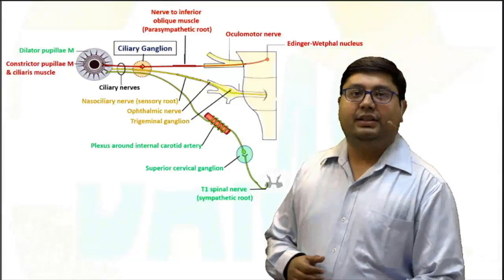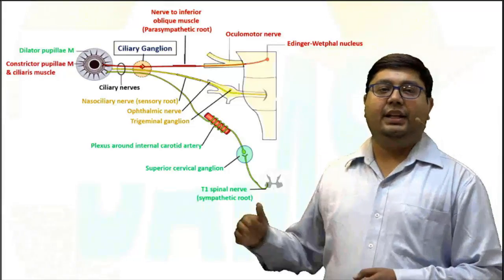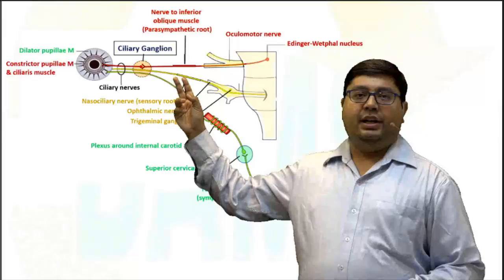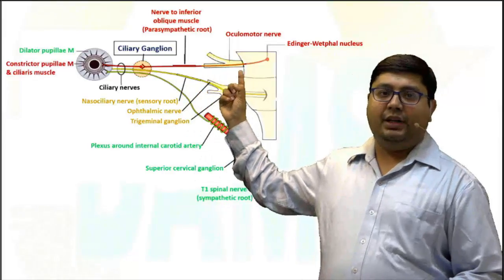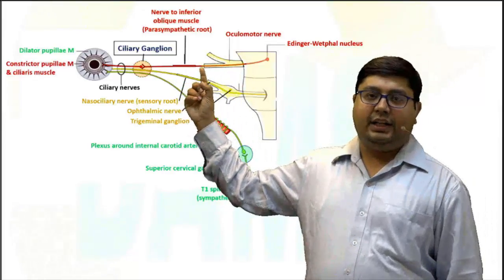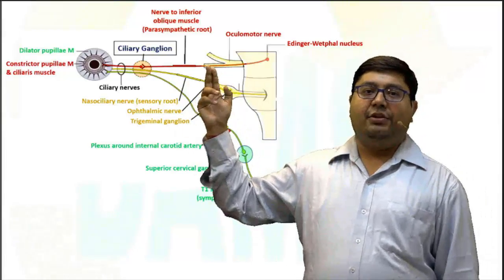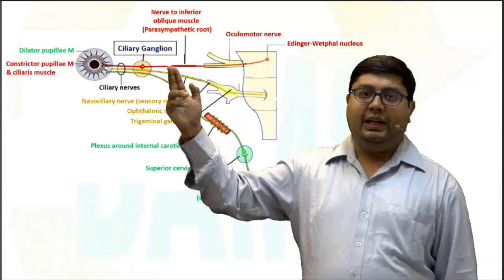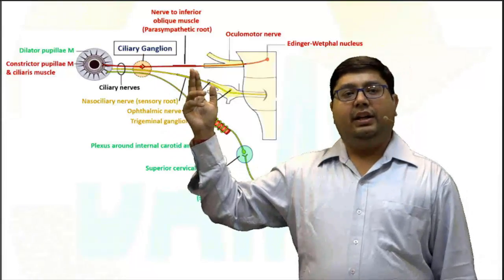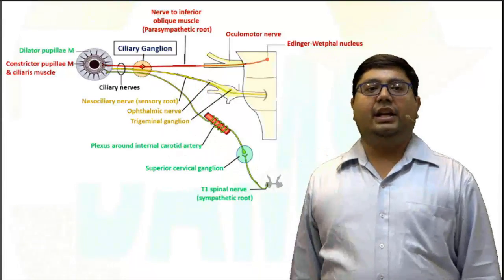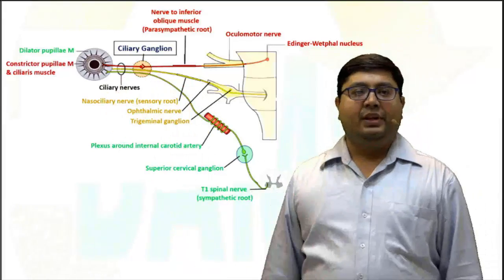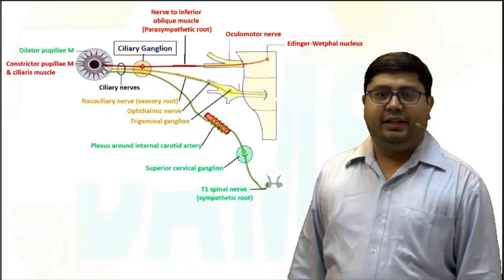Let's look at the ciliary ganglion. Now the ciliary ganglion receives the fibers which begin from the Edinger-Westphal nucleus and travel with the third nerve. Finally, they continue going with the nerve to inferior oblique. These are the preganglionic parasympathetic fibers which will relay in the ciliary ganglion, and after they are relayed in the